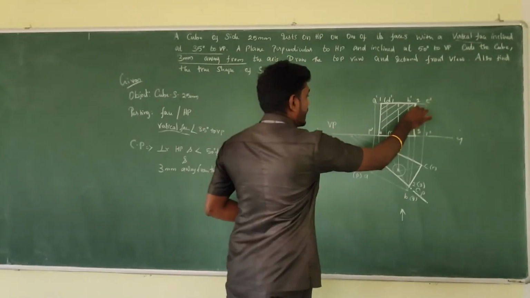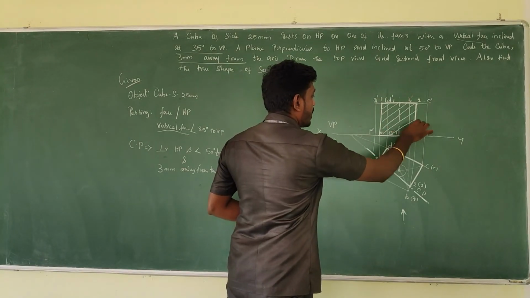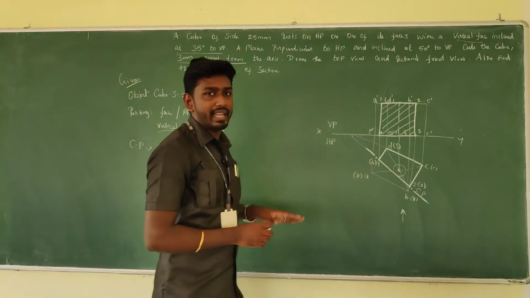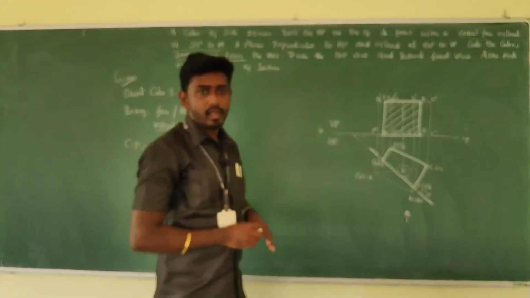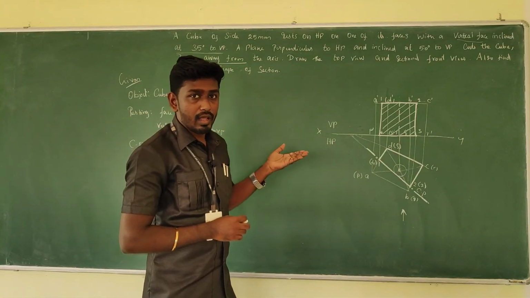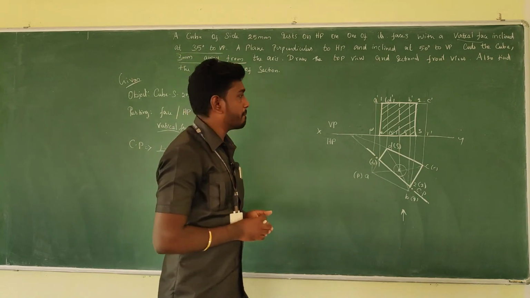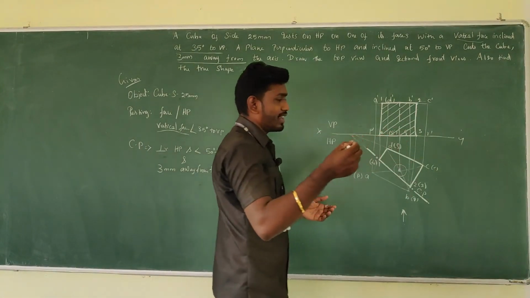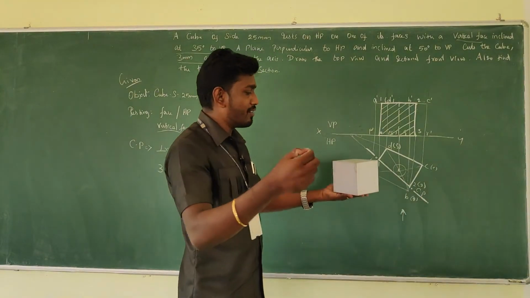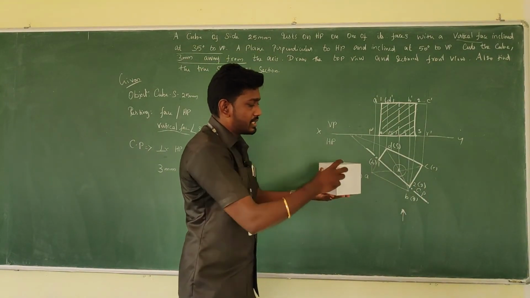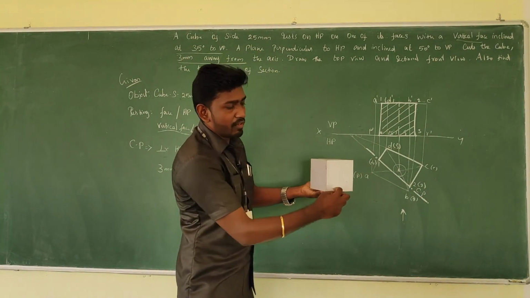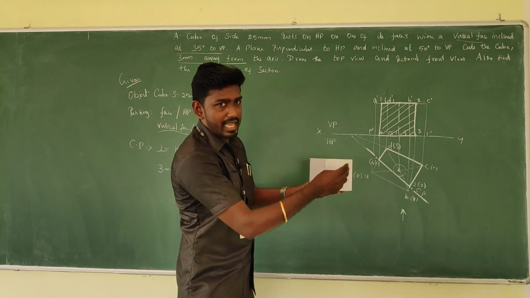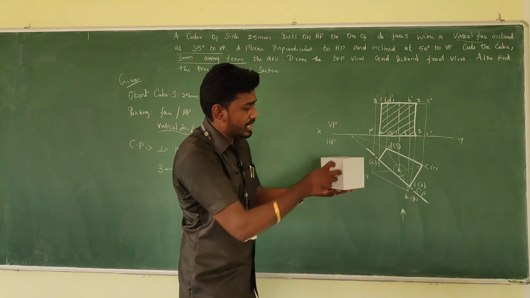The hatching should be maintained at 45 degrees, and maintain a uniform gap between those lines, which is 3 mm. A gap of 3 mm is recommended here. Okay, fine. And then when you have a look from the top, when you have a look from the front, the cut portion is seen as well. Some portion of the face here is visible as well. This portion is removed as well.